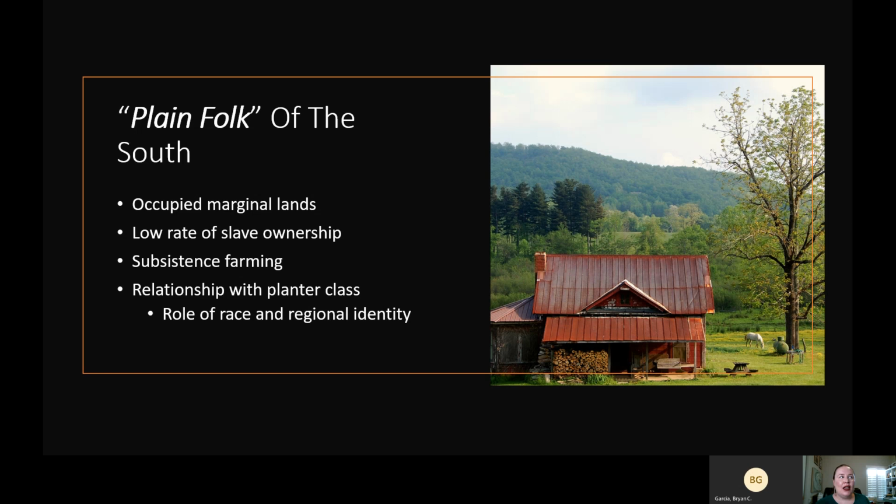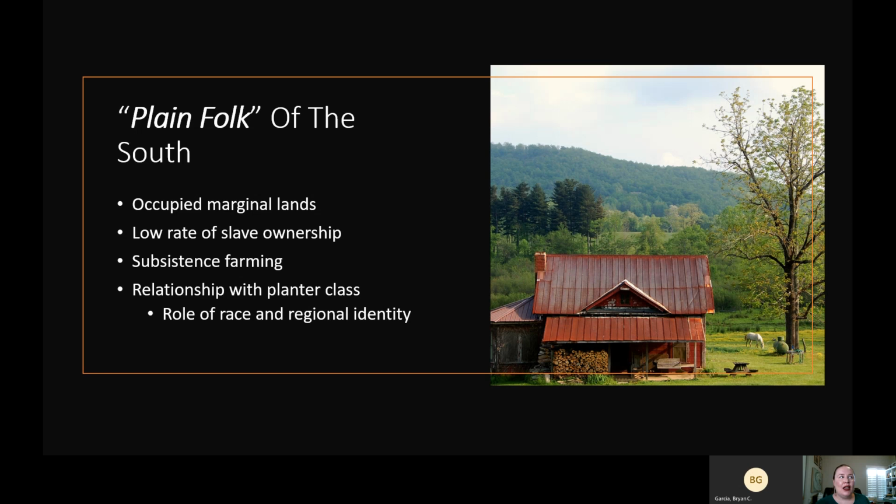About 75% of this part of the South does not own slaves. They just don't have the money to be able to own slaves. And for the 25% of the non-planter folk that do own slaves, they are not likely to own very many, maybe one or two. Most of these folks are getting by on subsistence farming. So in other words, they're not growing these cash crops to sell to market. They're literally growing food to survive, to feed themselves. Because of this, and because of them being poor and not affording slaves, this means the whole family working on the farm for the family to survive and feed themselves.